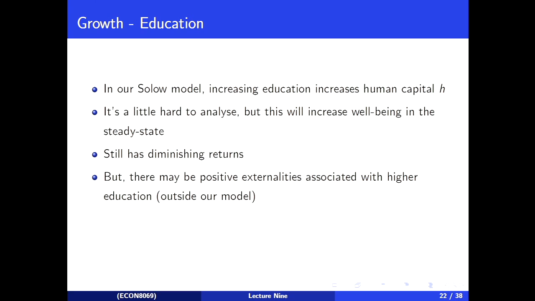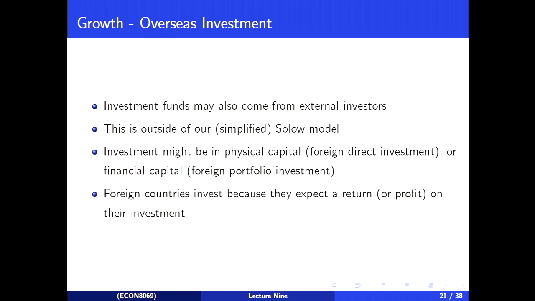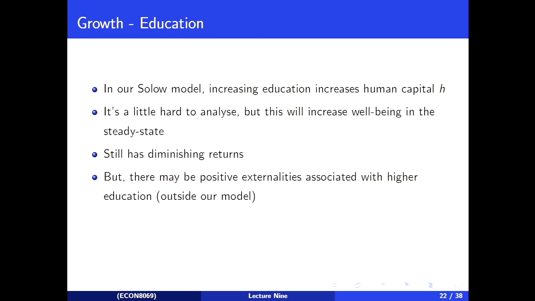We still exhibit diminishing returns here, because if we look at our original production function, which I'll just write down rather than try and find, we do still have diminishing marginal product. We still have that little h to a power that's less than 1. So we need to be a little bit careful. And this is not surprising, right? If you teach someone to read, the benefit to their productivity is enormous. If you teach someone to do basic arithmetic, the improvement to productivity is enormous.